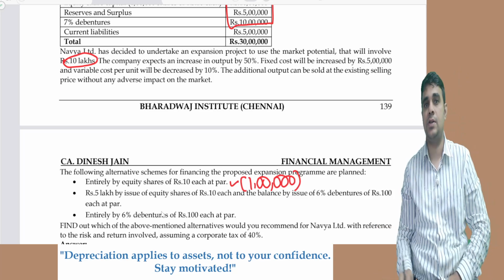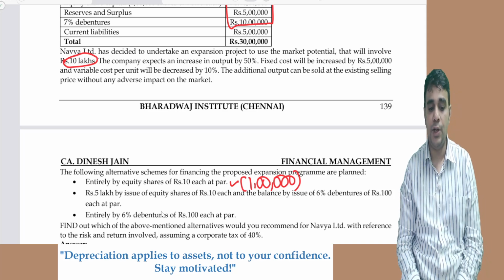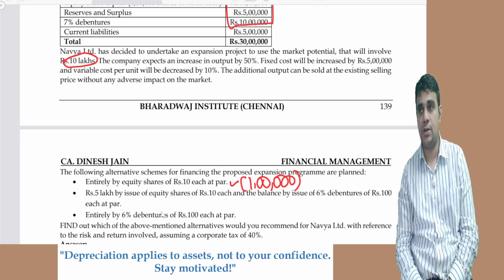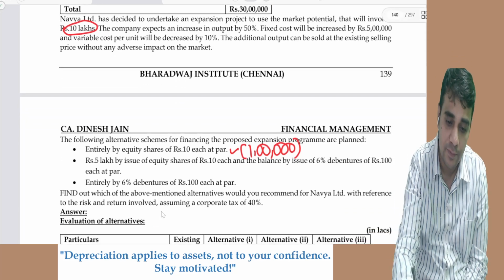So this will not increase the interest expense. I am in need of 10 lakh. I am going to issue entirely at par value. Par value is 10 rupees. So 10 lakh divided by 10. Second option is